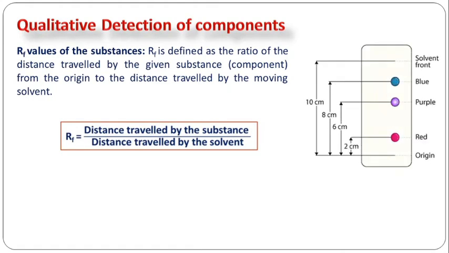Suppose this is the developed chromatogram and we have spotted the spots for particular components. So this is the spot where we put a solute or mixture in the form of solution, and this is the solvent front we have marked while developing the chromatogram. So from the spot of the components or mixture, we have to measure a distance to this solvent front, and this is called the distance traveled by the solvent.